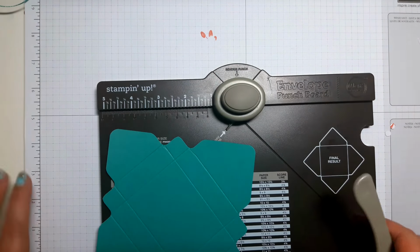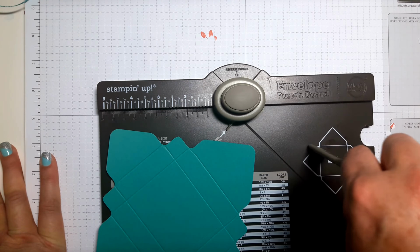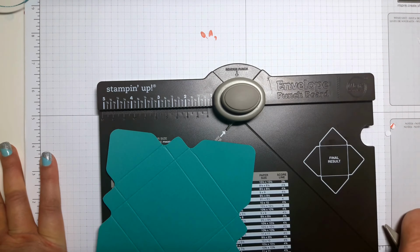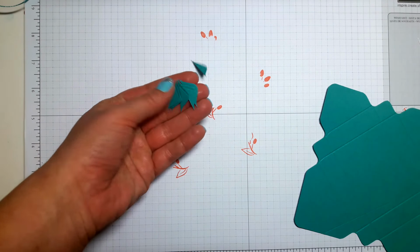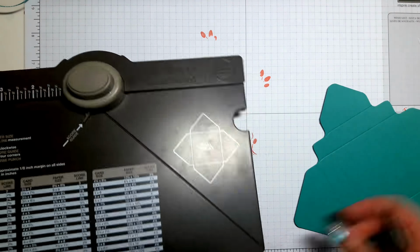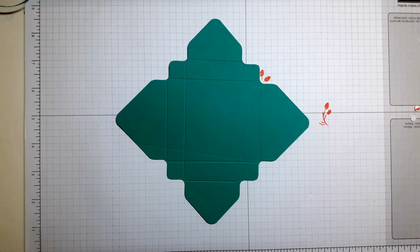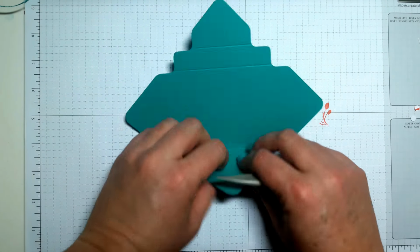It also means that when I come to any other projects in which I have to round corners, I just get my punch board out, and it's always handy. It's actually usually never away. Take it out and I can use that bit there to round any corners if I need to. So that's what you're left with, those little bits there like that, which get hoovered up later. And I'm left with that. That's what I'm left with, and I'll show you how we then turn that into an envelope, or into an envelope with a gusset. And I'm going to fold and burnish all of these score lines